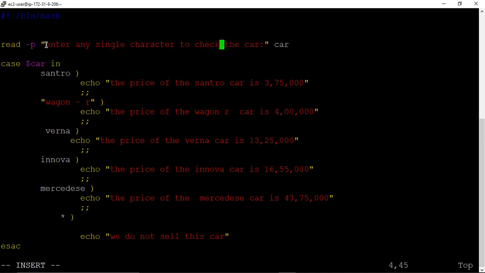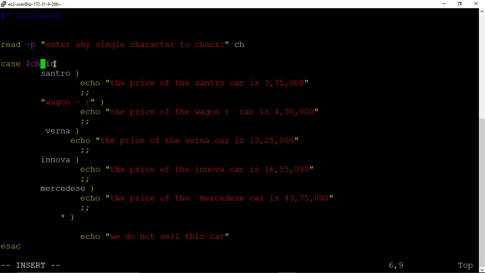Okay, now we have to define a variable, friends. So let us say for character we define variable ch. So in case of variable ch, we write like this. What is the syntax of case statement? We write case, then we write variable, we write in.